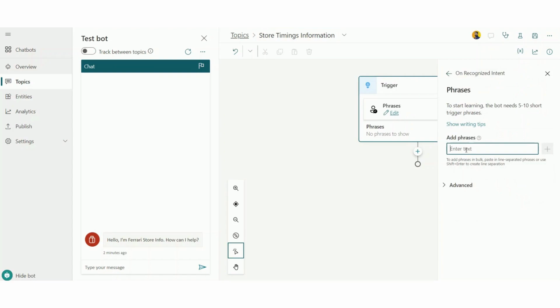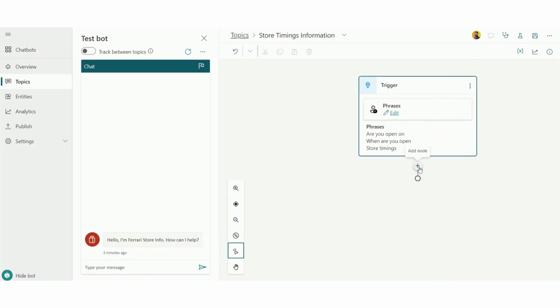So what all users can say when they want to check for the timings. First is the store timings. Second is, so we are just guessing what all users can start typing when they want to know about store timing. When are you open? Are you open on? And then please share store timings, right? So these are the couple of phrases which we have added here, and now we will set the further conversation